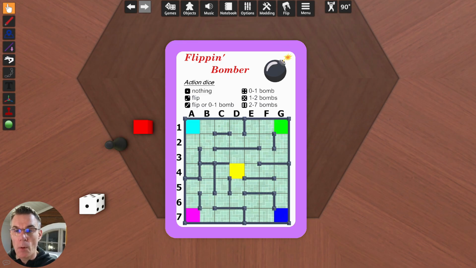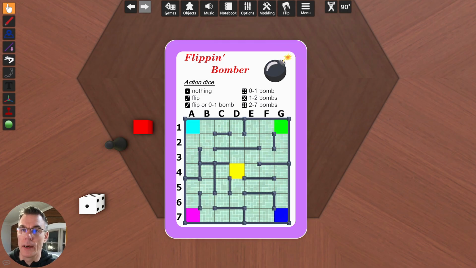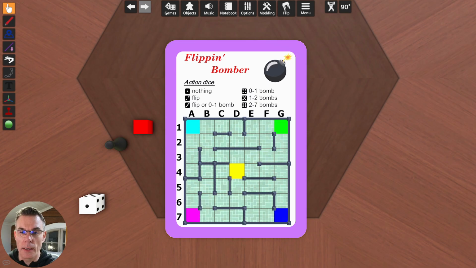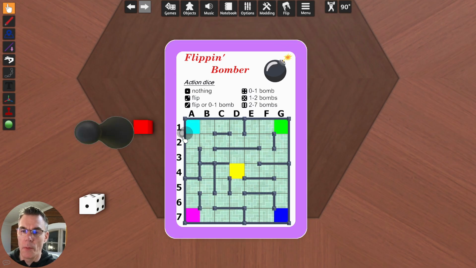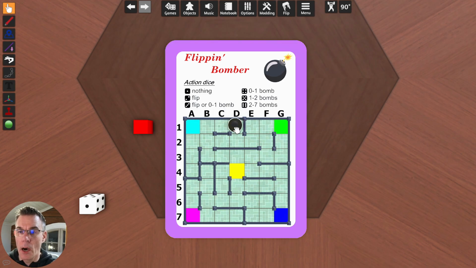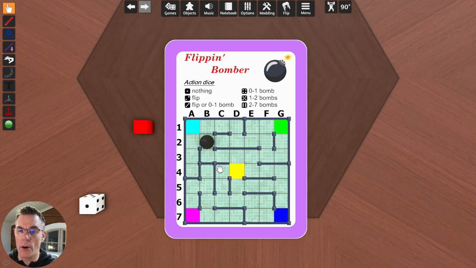But when I have all my components in Tabletop Simulator, I can start playing and move my player pawn around this area. In this game, I should always position my player pawn in the center of the squares.